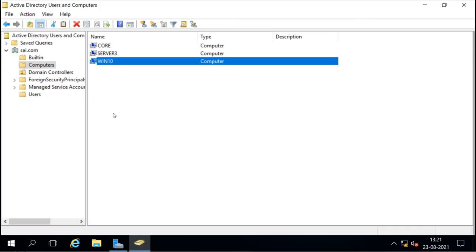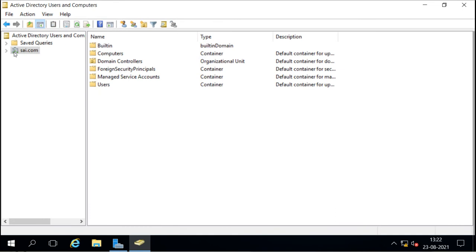Now by default, when we make a machine a member of a domain, the account of that machine goes to the Computers container. If you want to move them somewhere else, you should create separate OUs for them.